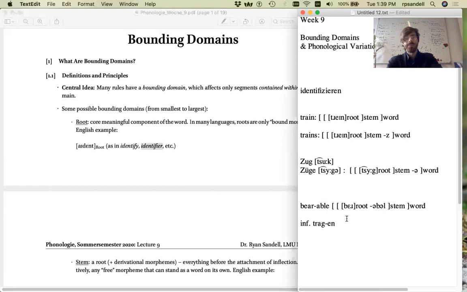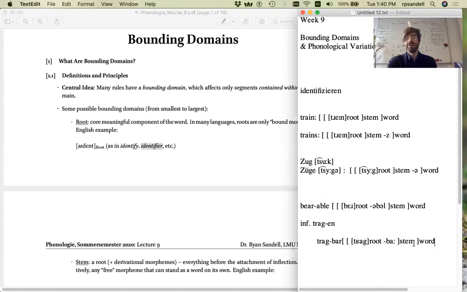And similarly, we could derive an adjective with the adjective building suffix ba in German and make an adjective tragbar. And in that case, we would have an identical structure to English bearable. It's just to replace some signs here to tragbar. And there we see to the root trag, the derivational suffix, the word formational suffix ba is added, and thus we generate another stem, and there's no other